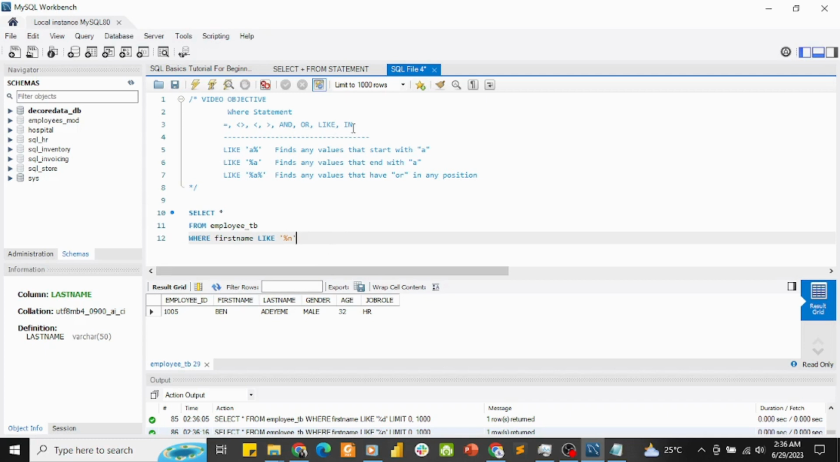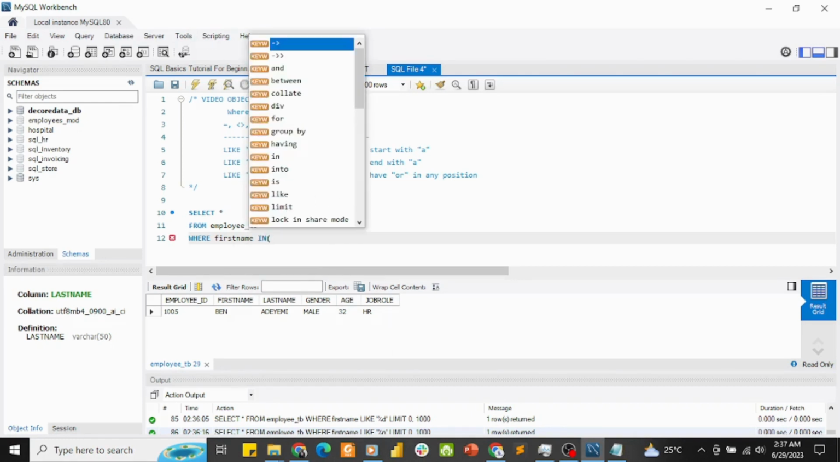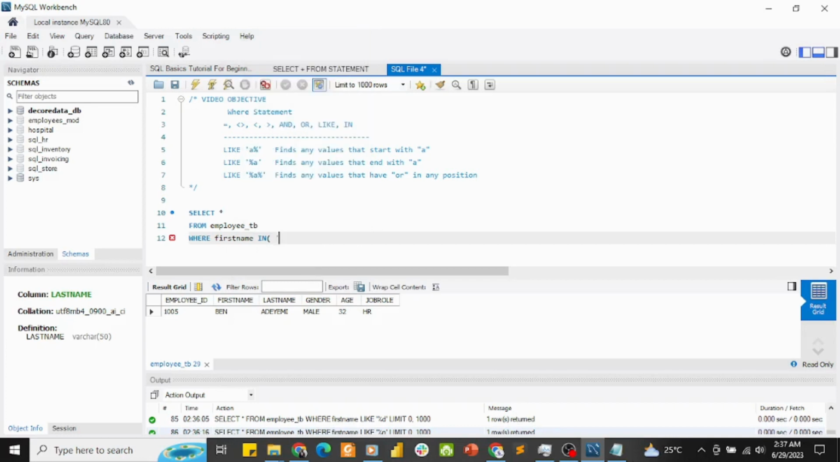So next we'll go to the IN. So sometimes when you want to make use of the IN, you don't have to type conditions upon conditions. You just need to put them into that case and be able to draw out information from them. So let's go in and say, okay, first name IN. You type your IN and open the brackets and say, in first name, I want you to return anyone bearing David,